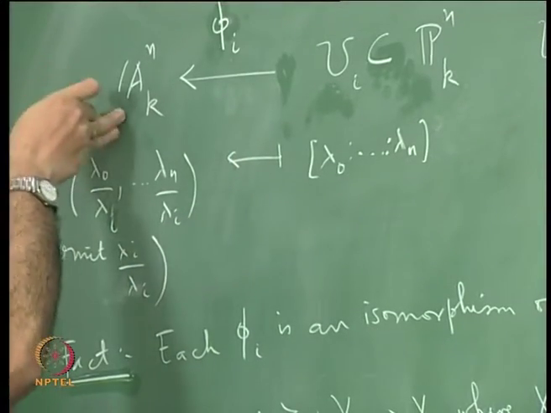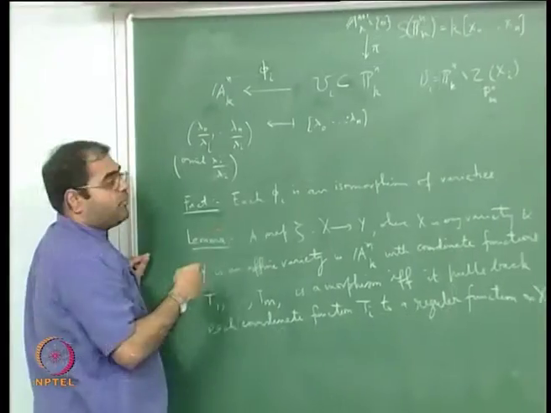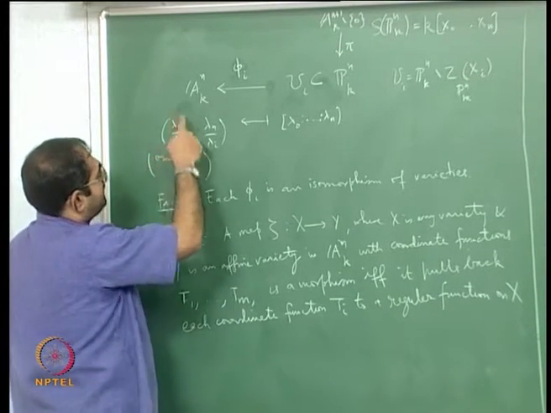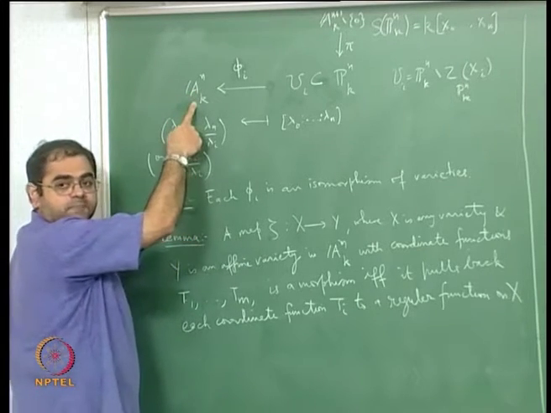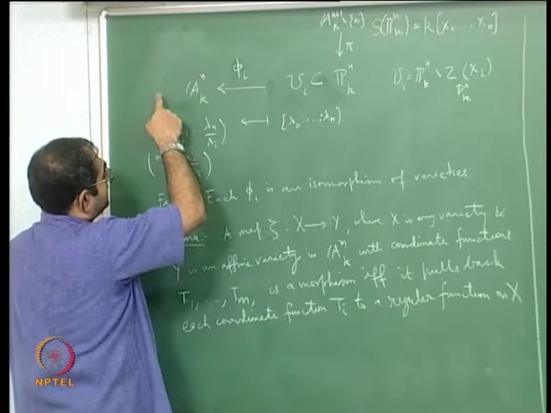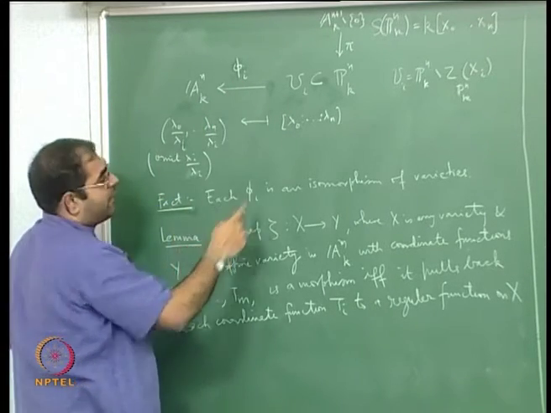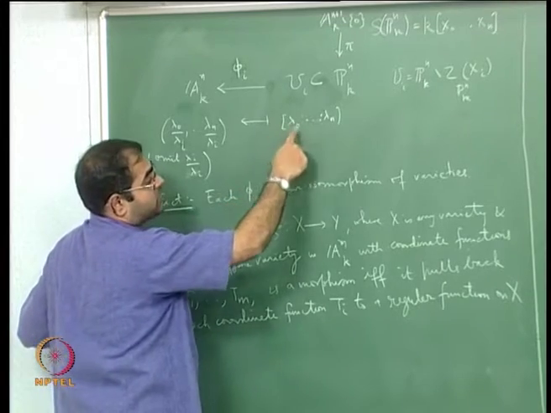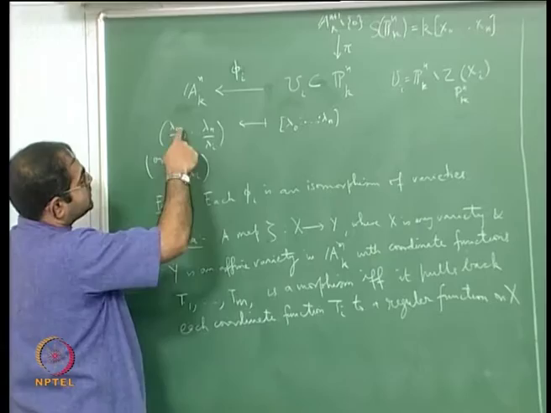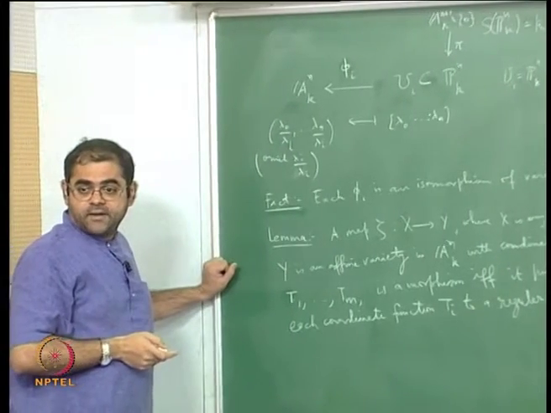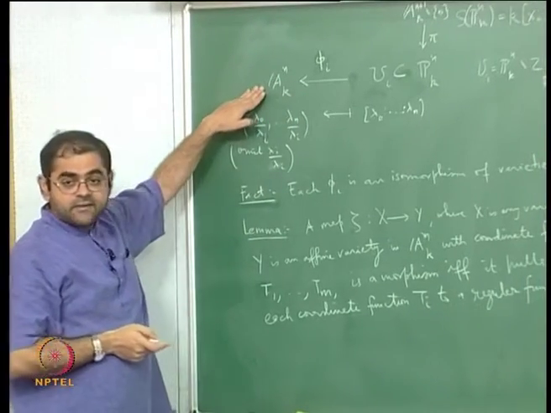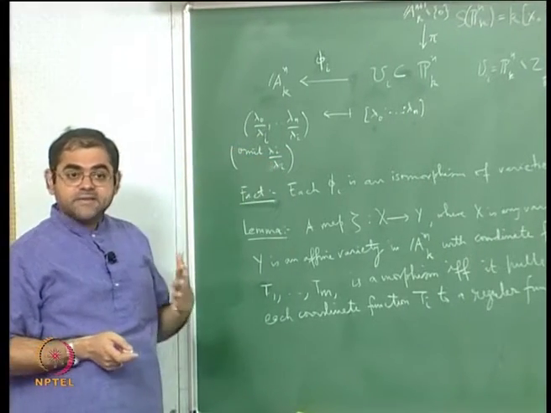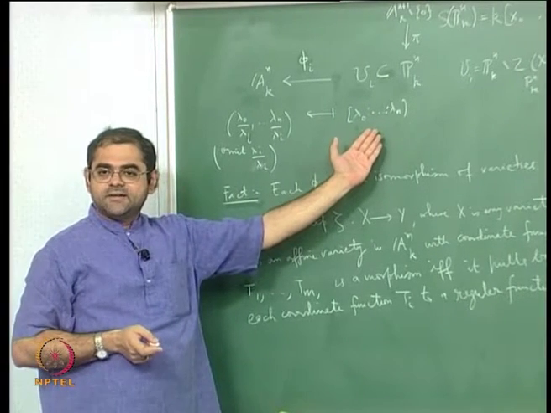If I take a coordinate function on this and compose with phi, taking the coordinates here as t1 through tn, then composing t1 with phi, I will simply get x0 through xn homogeneous coordinates going to x0 by xi, and if I compose with tj, it will be x0 through xn going to xj by xi, and xj by xi is of course a regular function on the source projective space,